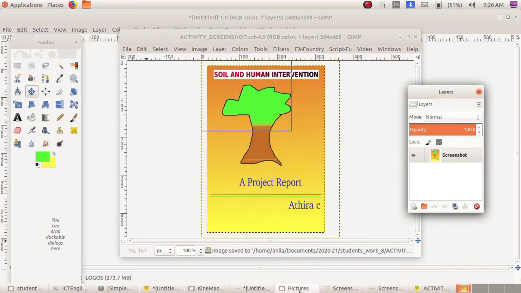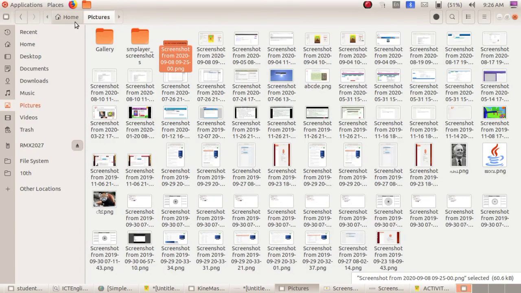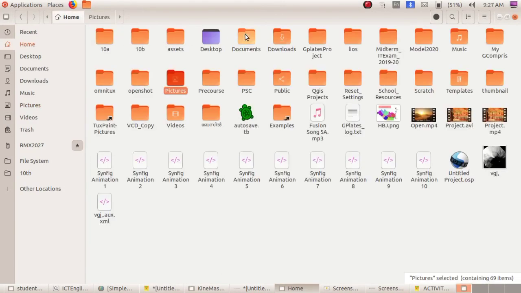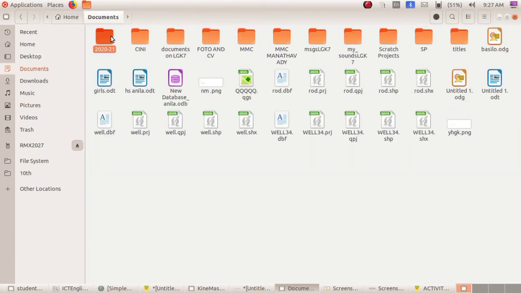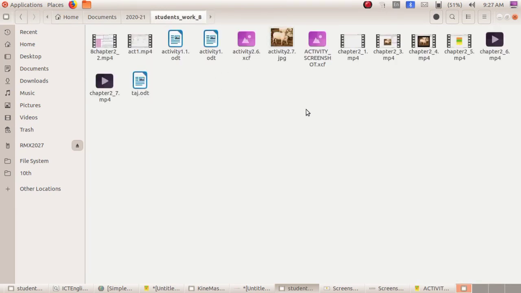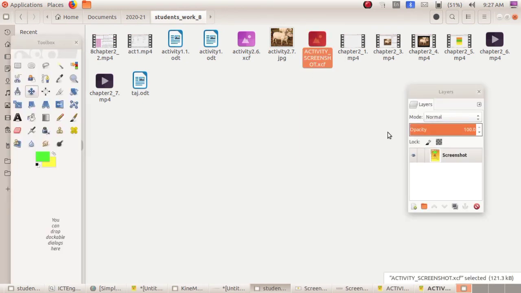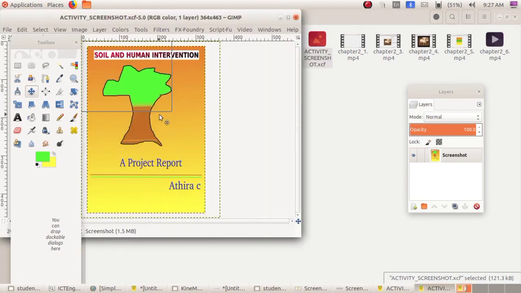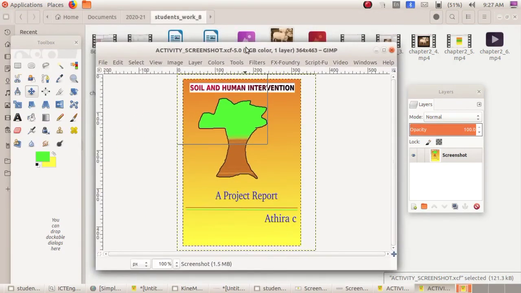Okay, now it is saved in the Students Work 8 folder. See, this is the activity screenshot.xcf file.